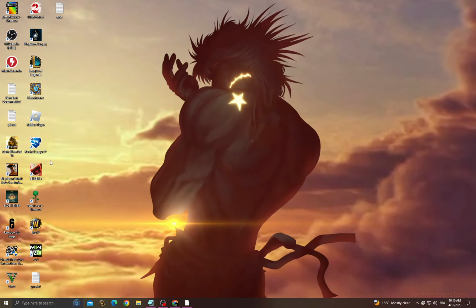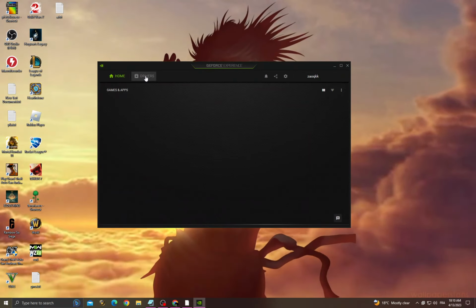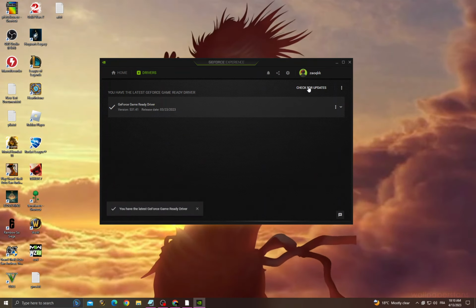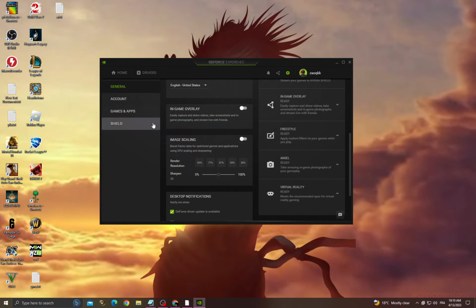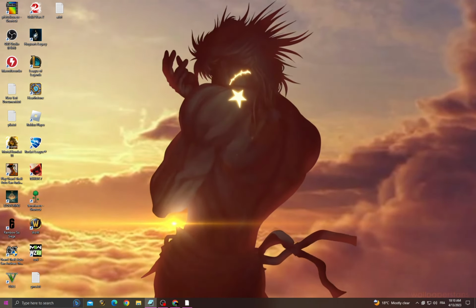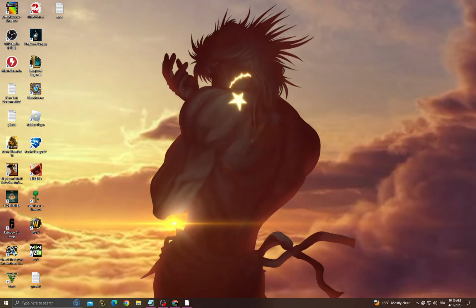Experience and then go to drivers, check for updates, make sure to install the latest update for your graphics card, then go to settings, scroll down and enable image scaling, and after that restart your computer, and after restarting your computer